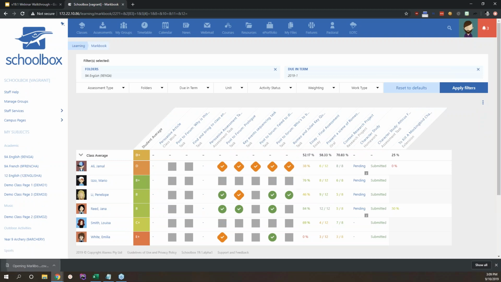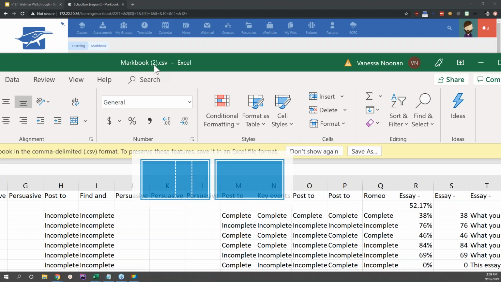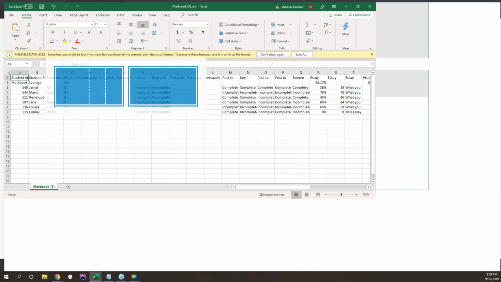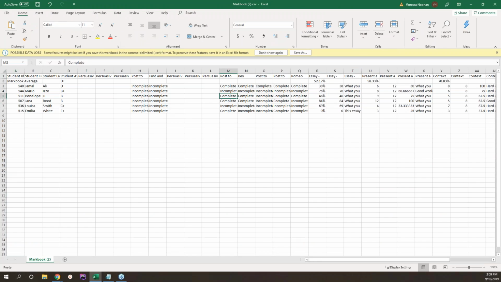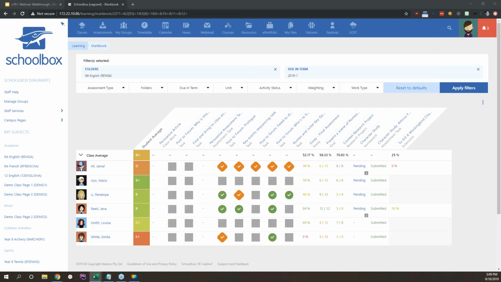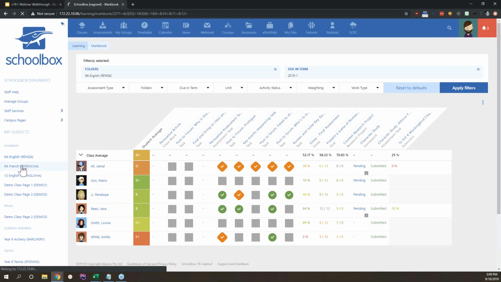So I've now got all of my data in a spreadsheet, and I can obviously work on that and look at it. See if I can get that on the screen. So here we can see all of the mark data that we've got in there. Let's bring that off the screen for a second. Okay. Now, going back to my class here,